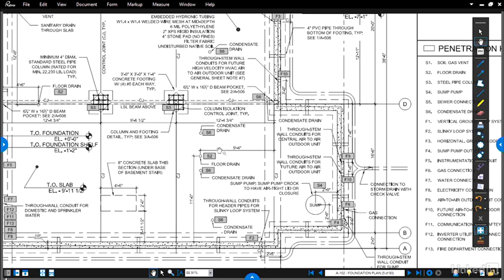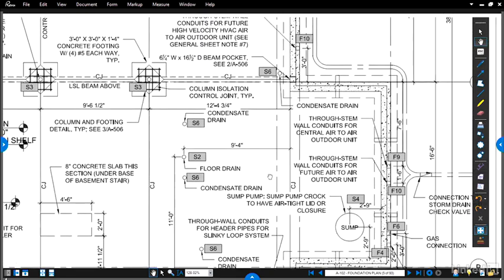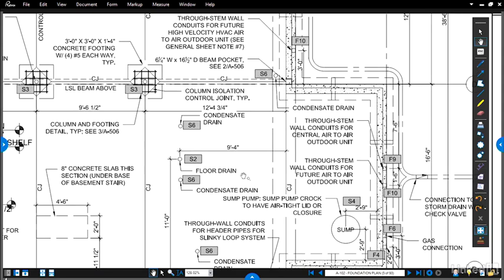Now below that, again, for this drain, which is an S2 or floor drain, I have some specific dimensions that tell me where to put that drain in this floor. And I want to zoom in so you get a good idea of where these dimensions start and stop. So I have a dimension of 9 foot 4 inches, and underneath that I have the dimension line. And if I take the dimension line and look at this little intersection symbol and follow the extension line up to where it stops, I can see that this 9 foot 4 dimension is measured from the outside edge of